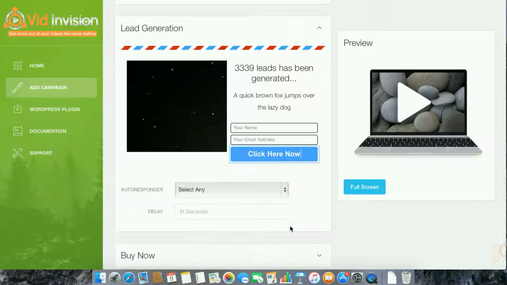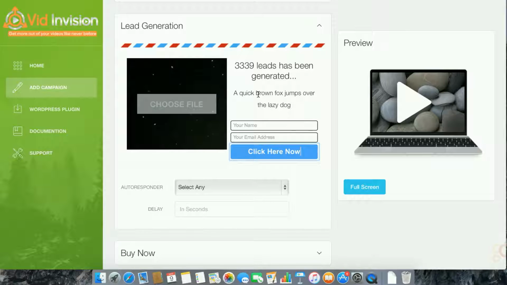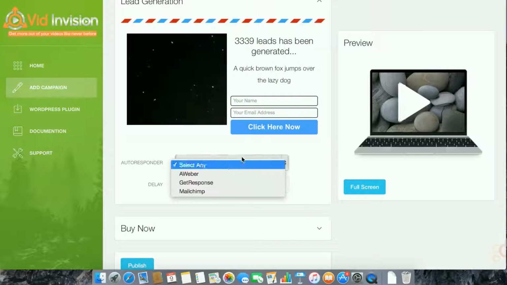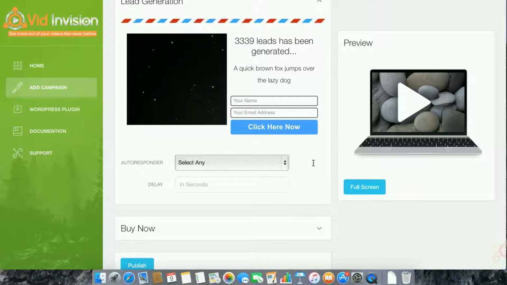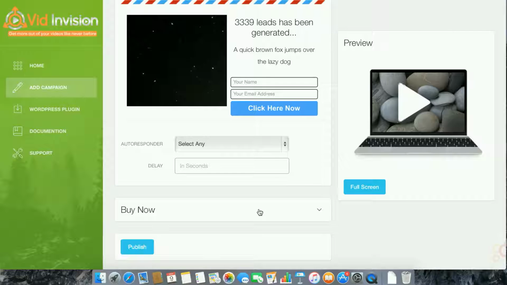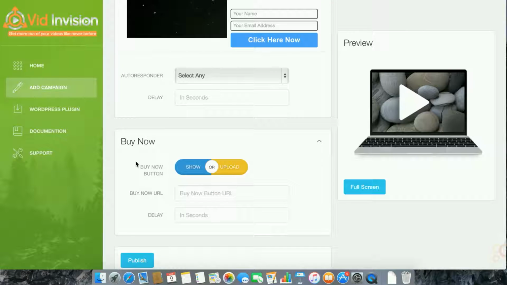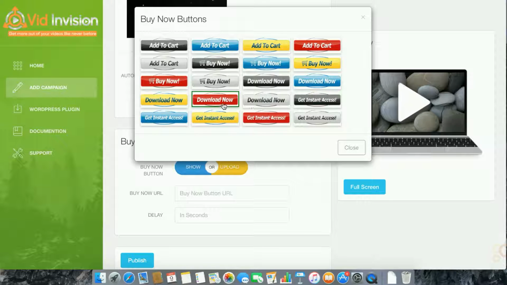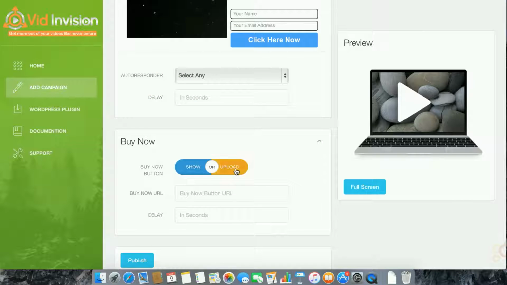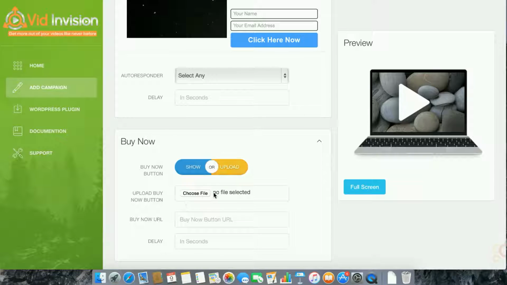So he can add anything he wants inside his opt-in form, and he can select any autoresponder there. We have given all three major autoresponders which everybody is using nowadays. So he can select any autoresponder and specify the delay for whenever he wants to display that opt-in form inside the video. This is one more feature. It's a very cool feature that the user can add after watching the video or during watching the video. He can choose any of the buy buttons from here, or he can upload any of the buttons